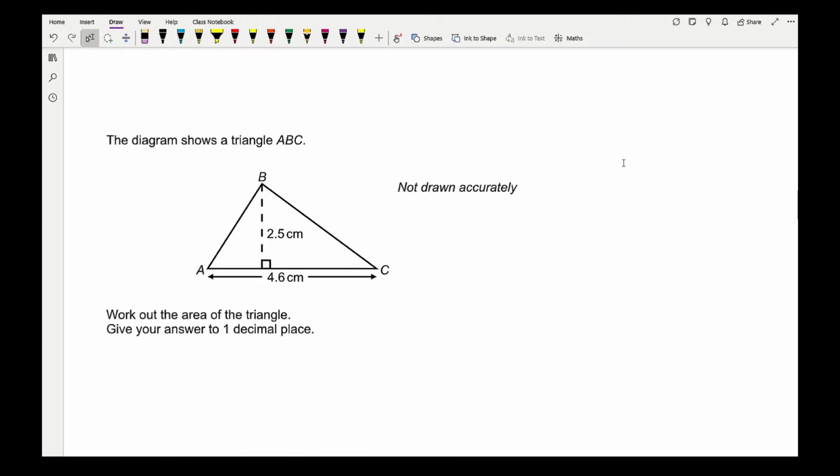Then moving on to the next question. Again, still working with triangles. Again, I need to know, are the units the same? Yes, because I'm working in centimeters. So the base is 2.5 and the height is going to be 4.6. Now, don't let the fact that they're decimals make you anxious or nervous. It's just a case of following the same method, and the fact they're in decimals and asking for our answer to 1 decimal place purely means that this question is going to appear on a calculator paper. So it's going to be 2.5 times 4.6, divided by 2, which gives me an answer of